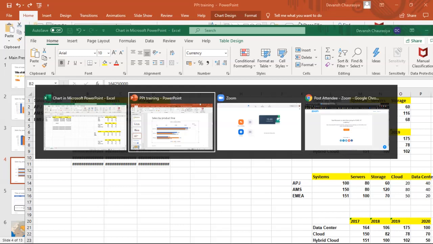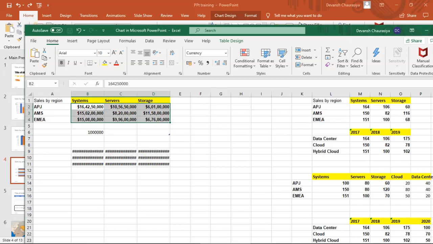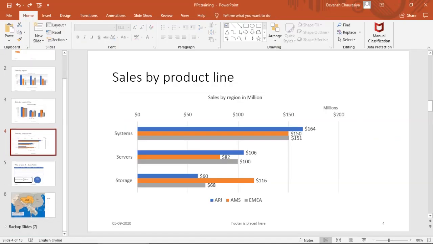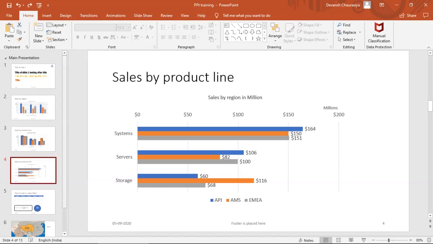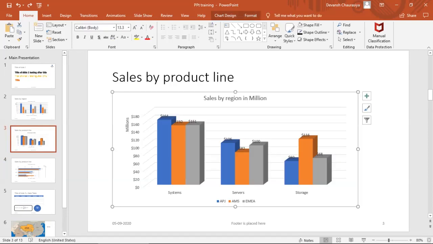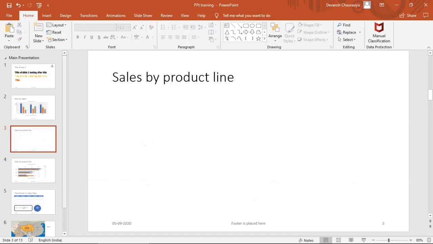I need to see which is the other chart. Okay, the line chart. Let us say we have to create a line chart. The best way to create a line chart is, let me delete this, drag this slide down over here, as simple as that.